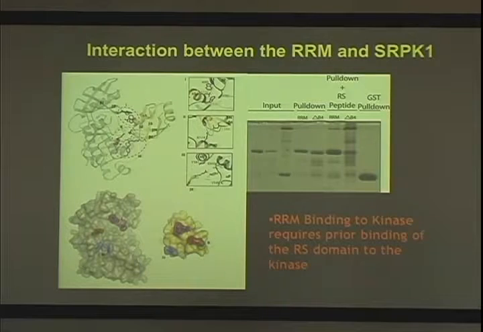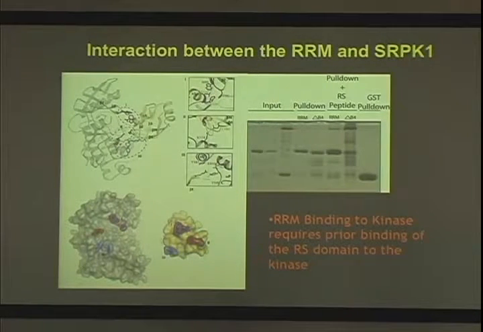But now if you add the peptide and then the RRM and try to pull down the RRM, they bind very strongly. Basically, my slide is messed up, but this is the story. The story is that in the presence of the RS peptide, the RRM binds very strongly. It's almost like stoichiometric affinity. So this is really a coupled interaction. Something is happening when the RS peptide binds that allows this fixation of the kinase,